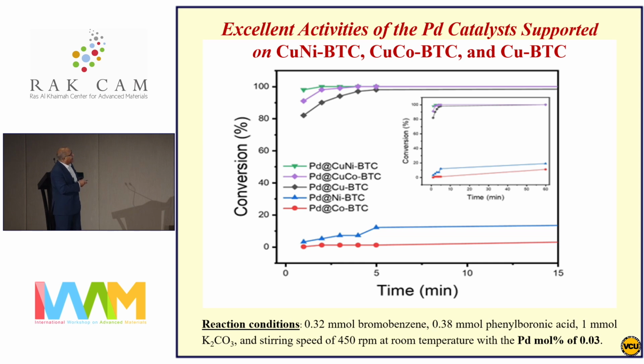The activity is very, very high because you can see this reaction time goes to less than 5 minutes, in 2 minutes. Not just that. This is 2 minutes reaction. We have 100% conversion. And the concentration we're using, typically we use standard concentration for the catalyst in palladium cross-coupling is 0.3 mol%. We're using 0.03 mol%. And we're getting 100% conversion in 2 minutes.